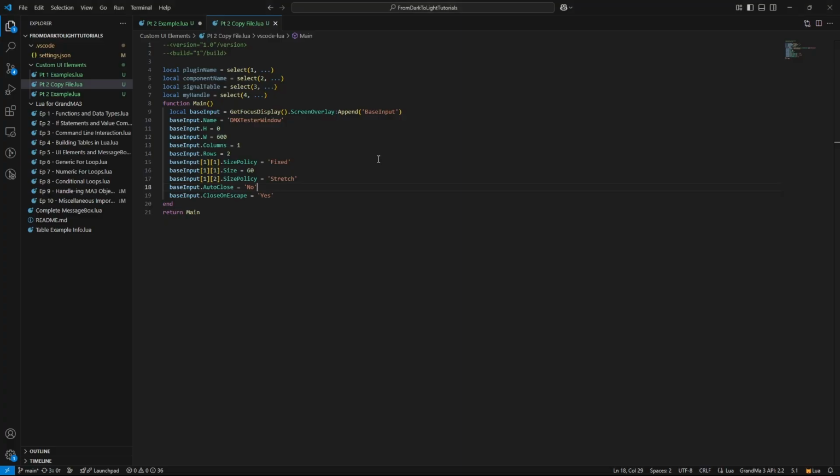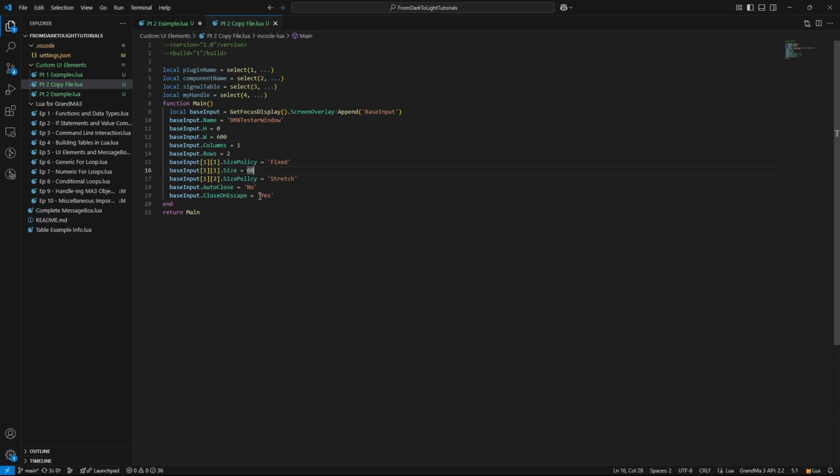And then let's go back over here. So this is our base input right here. We just have a little black box. And I can tell you it's probably getting the width from right here, 600. And then it's getting the size from here because the height is 0, but then it has rows inside of it and one of them is set to 60. So it's getting a width of 600 and a height of 60. And that is what we're seeing.